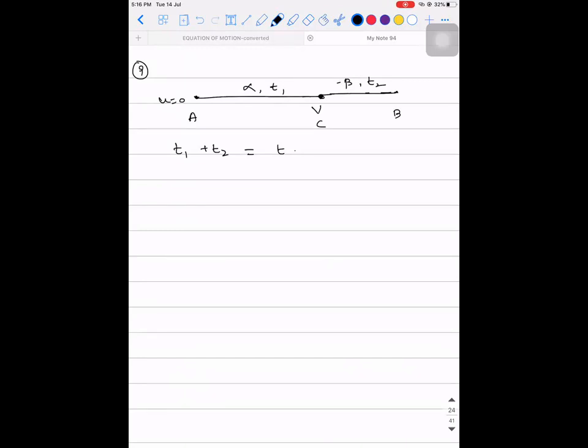So our work is to calculate what the value of v is. So v is equal to u plus at. v is nothing but v max. I will call this v max is equal to u, which is 0, plus alpha into t1. So what is the problem you have here? You don't know the value of t1. So let this be equation number 1. Okay. Here the velocity is v max, and what will be the velocity at point B?